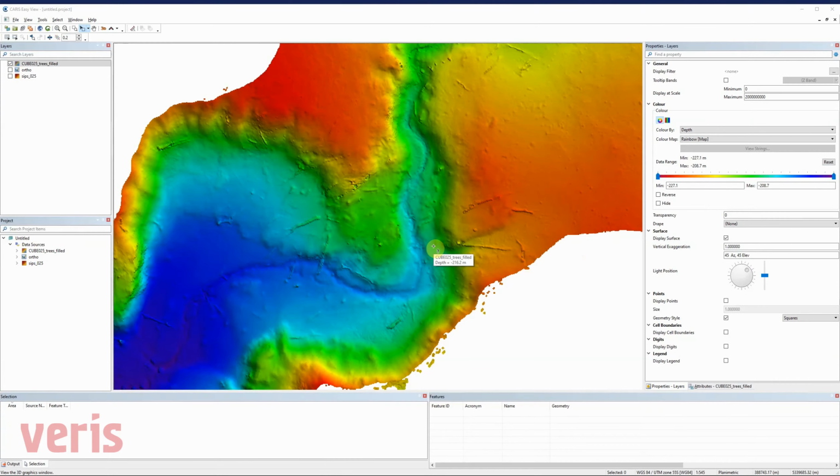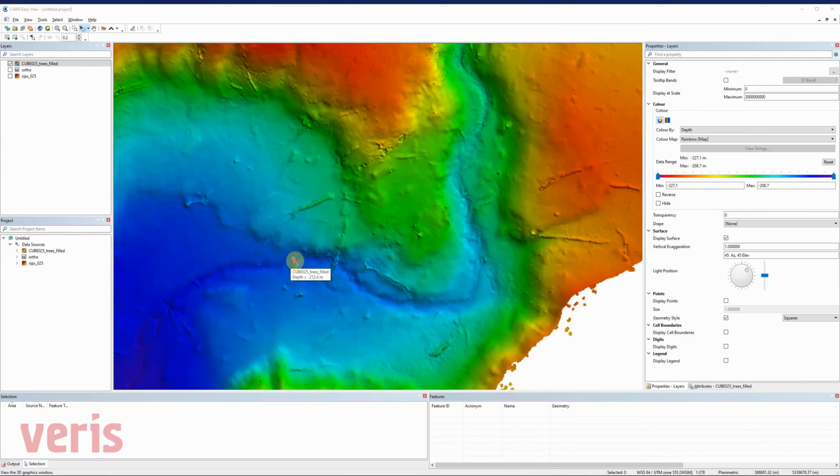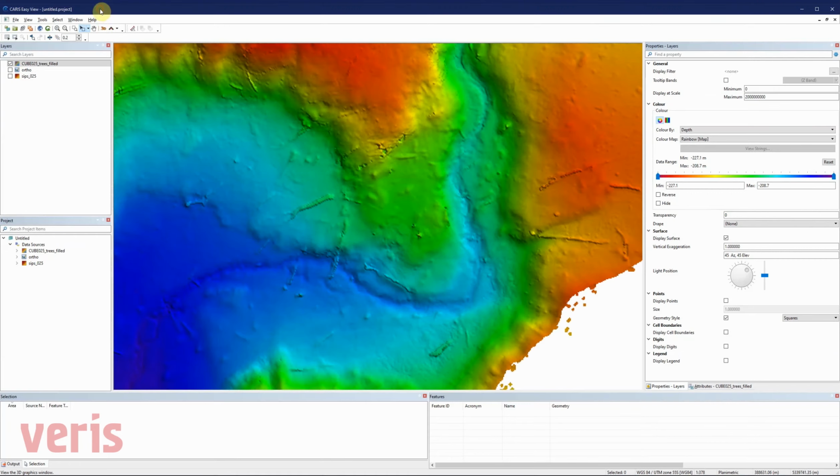So what I've got loaded up here, I've got some bathymetry that was collected and you can see some trees laying on the bottom. That's what these long objects here are. And we can look at that in 3D. So I'll go up to the 3D tab